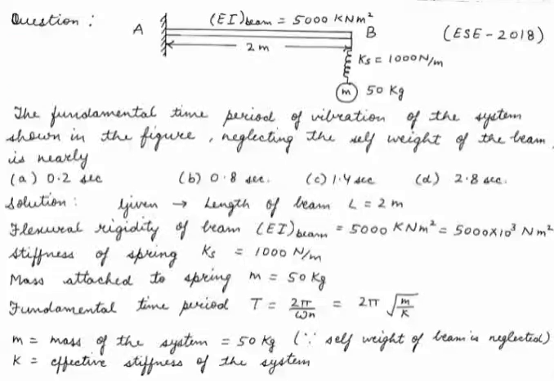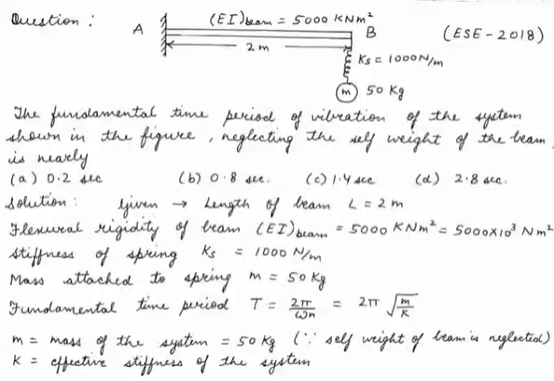The question further says that the fundamental time period of vibration of the system shown in the figure, neglecting the self weight of the beam, is nearly option A, 0.2 second, option B, 0.8 second, option C, 1.4 second, option D, 2.8 seconds. For solving the question, we are given the length of the beam L is equal to 2